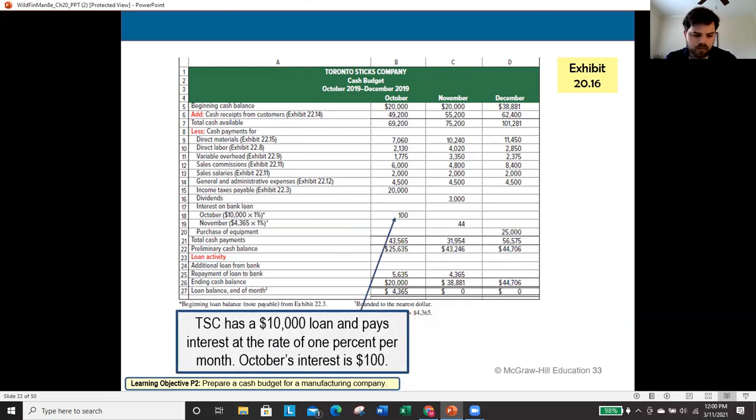But what we will notice is that my ending balance at the end of September on that loan was $10,000. My policy says that I pay 1% of the outstanding balance on the previous month, or on the beginning balance of this month. Well, since I owed $10,000 at the end of September, I owed $10,000 as of October the 1st, meaning that was my beginning loan balance that I will be paying that 1% interest on. So 1% of $10,000 is $100. That will now be having to come out.